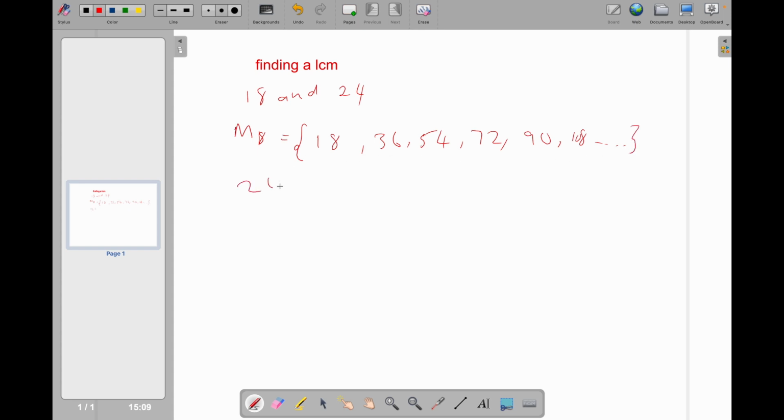Then we have multiples of 24. Here we have 24, 48,